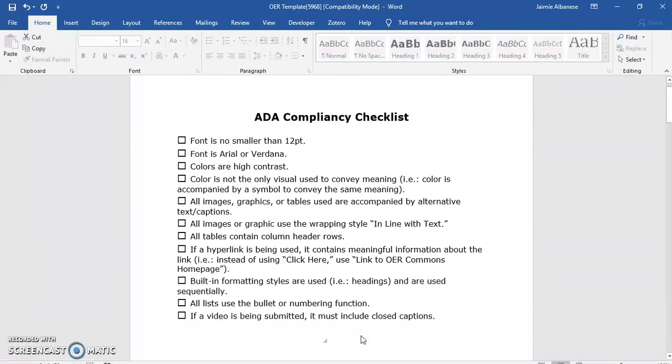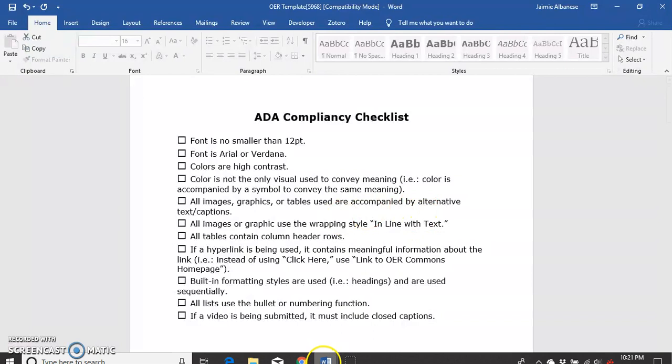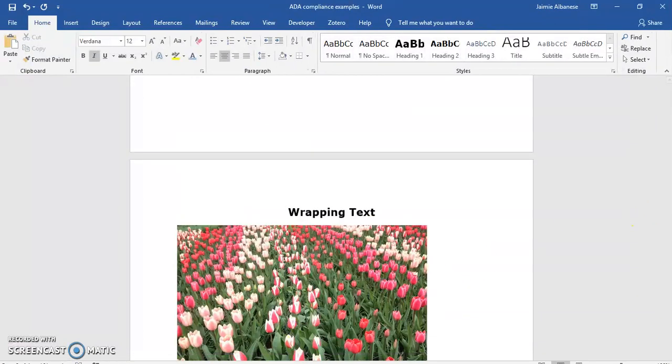So the next checkbox is that all images or graphics are using the wrapping style in line with text, which I believe is the default, but just to make sure,